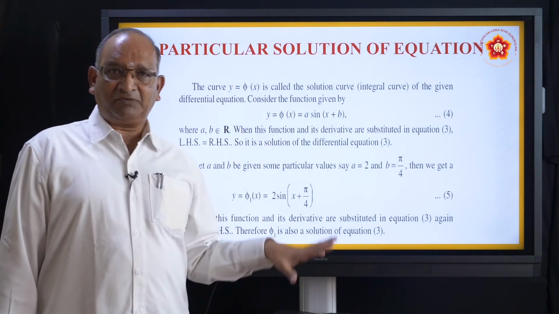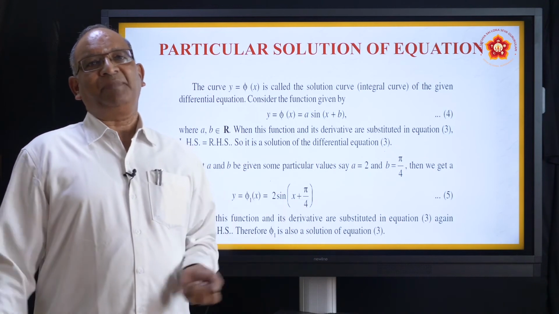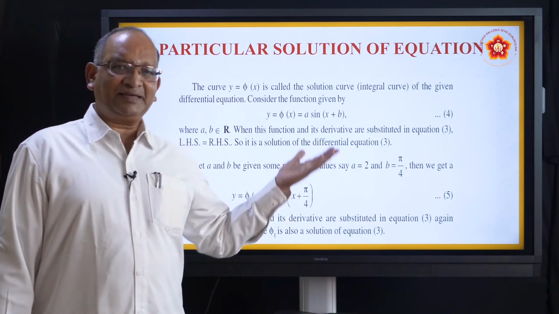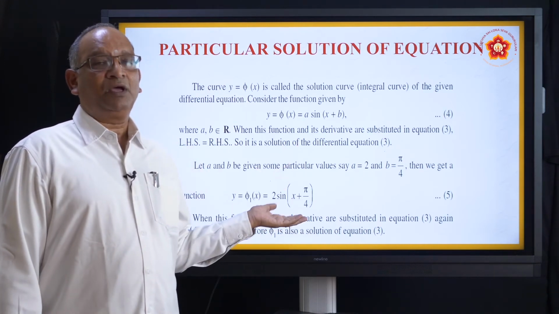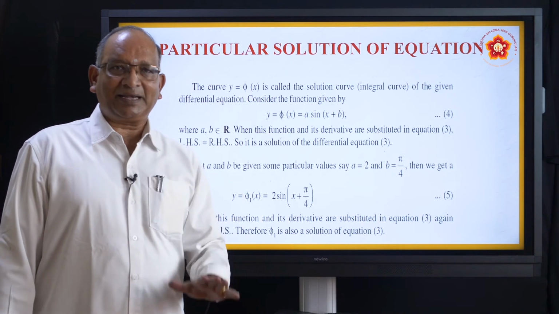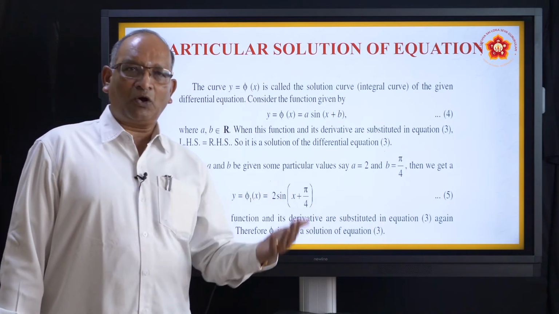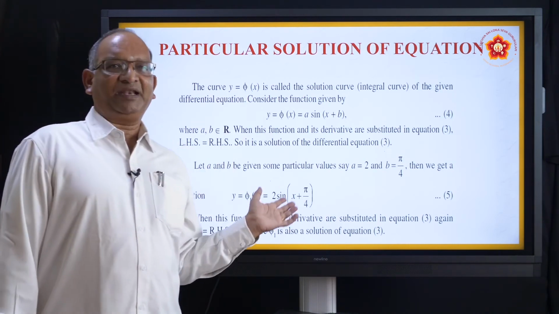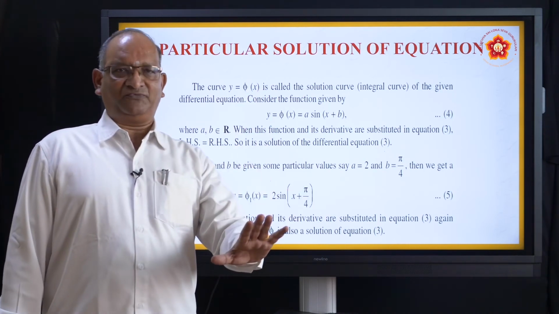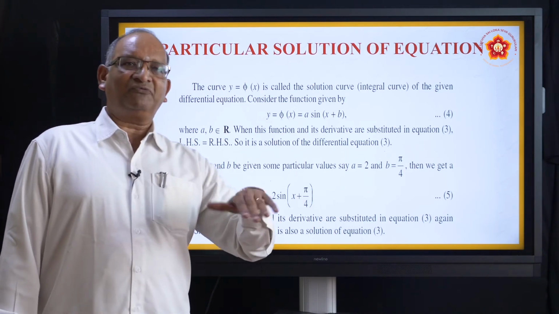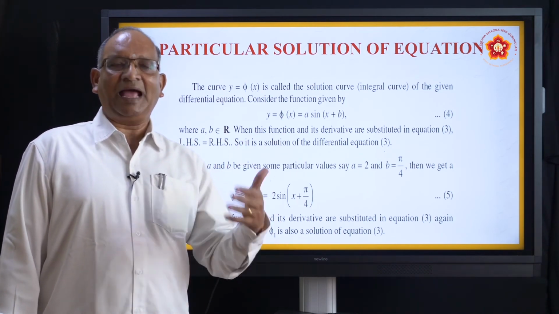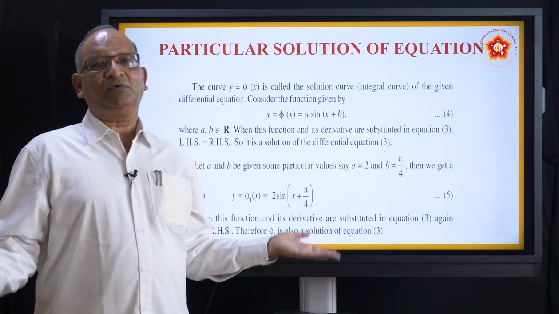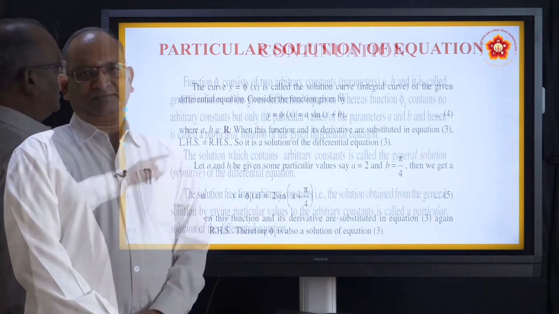If the left hand side is equal to right hand side, it is balanced. Okay. So the main difference between other equations and a differential equation is the solution is not a real number, the solution is not a complex number, the solution is a function. How do you verify? Once you know the function for the dependent variable y, you can find the derivative first, second, third as per the requirement. Substitute back in the equation. If the left hand side is equal to right hand side, it is a solution.